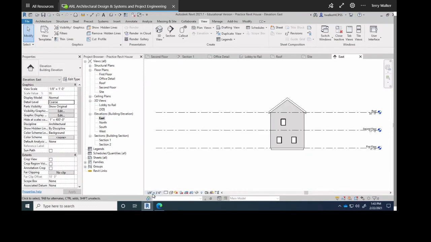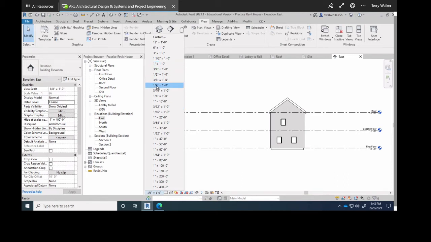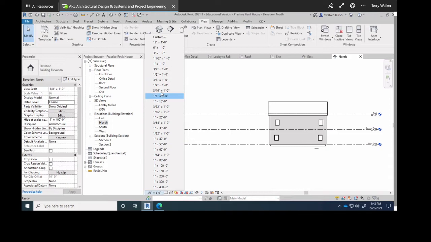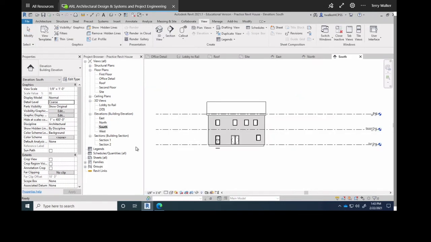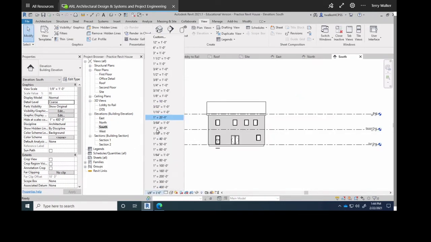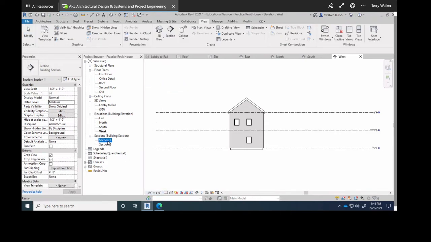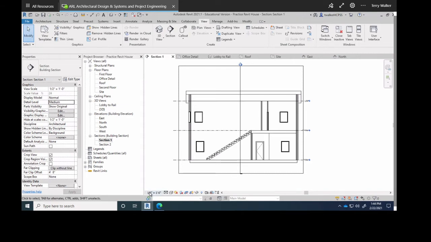Elevations, let's go ahead and set these also to quarter scale. So I'm just manually going to go in here and change these 4 down to 2. Quarter scale, quarter scale, quarter scale, and last but not least, quarter scale, and then I'm going to change my 2 cross sections. You know what? I'm going to leave them at half scale. Okay, now our next